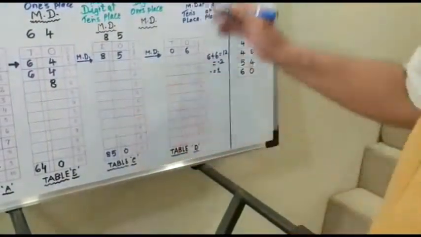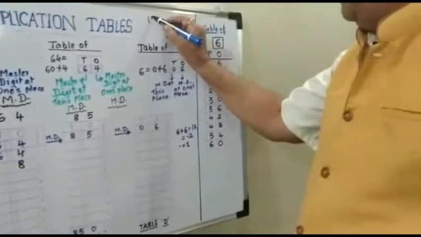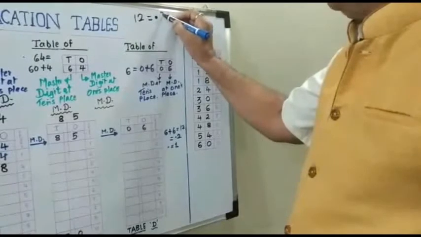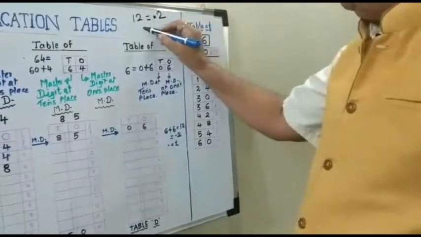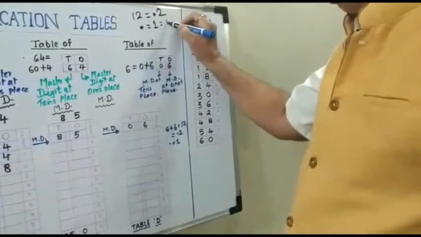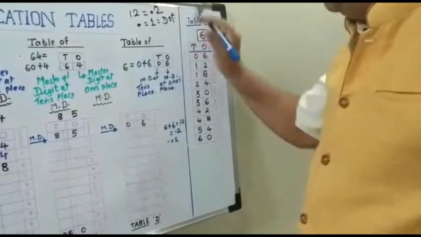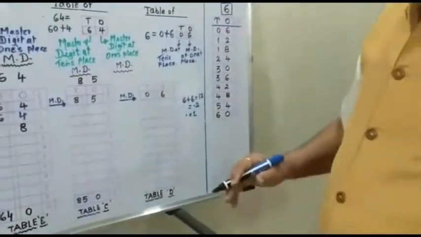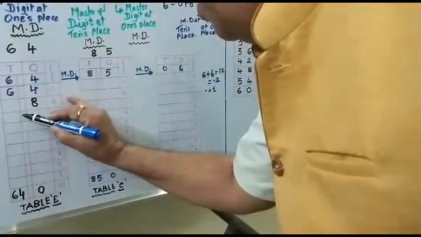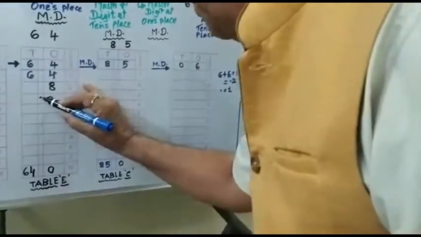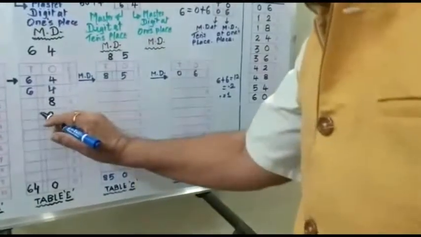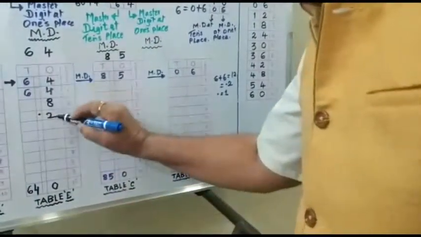Okay, it's very simple. We'll consider this 12. 12 means also dot and 2. What is this dot? Dot is equivalent to 1. This is called a dot. Okay. Once you know this, then this table will be very easy for you. So, for this 12, we'll put a dot here and 2 here. Now this dot comes in the tens place, so we'll consider it at that time. So forget about this dot now and consider only the ones place number, that is 2.